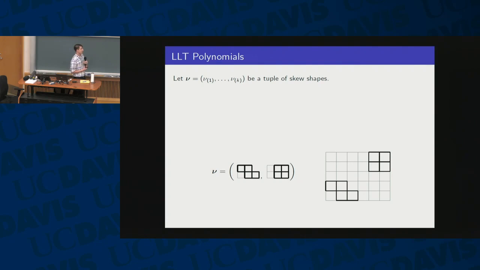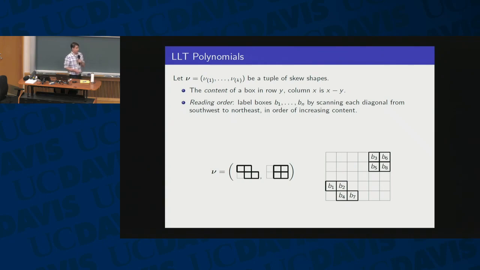So what is an LLT polynomial? These are symmetric functions that are indexed by a tuple of skew diagrams. And for their combinatorics, we align them along certain diagonals. So we take the shapes and we line them up so that their diagonals are all in a nice line. And we number these diagonals based on their content. So I filled in the content right there. And then we put a reading order on these boxes where we go southwest to northeast along the content diagonals